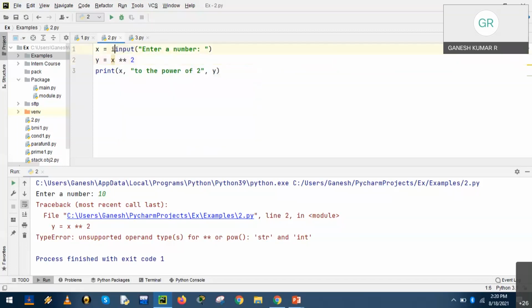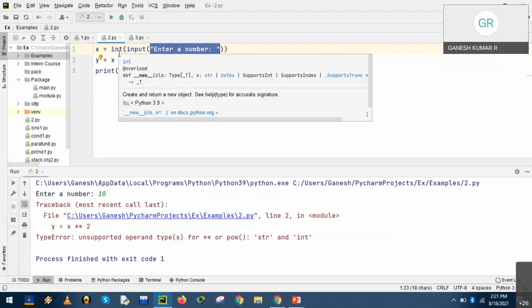Introduce int. So irrespective of the input, it can be converted into an integer, no matter what the input is, either string or int or float. The main application is that if the input is of string type, it will be converted into an integer by casting.